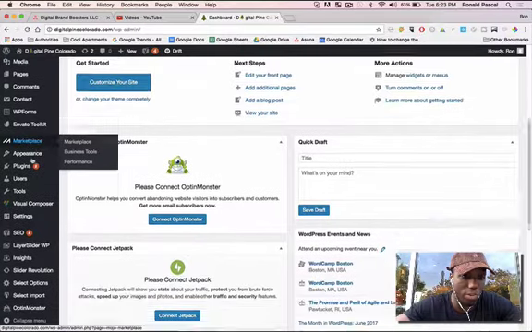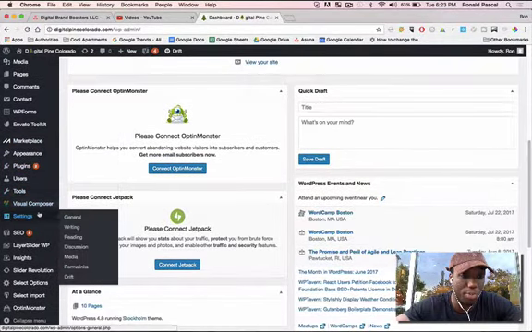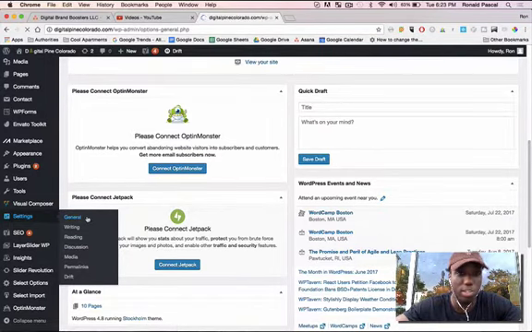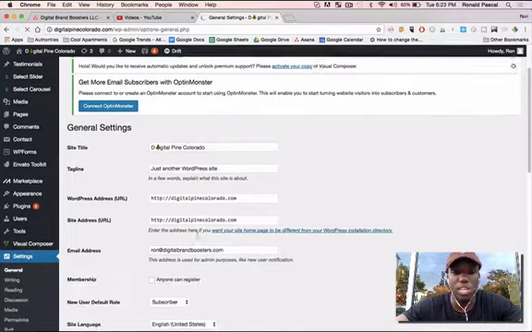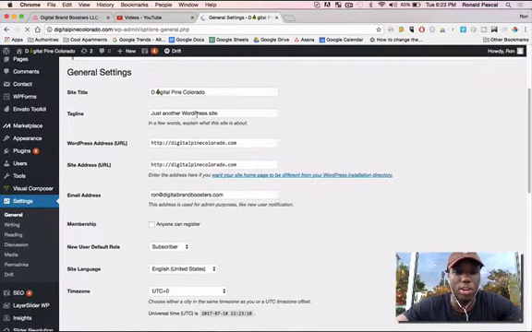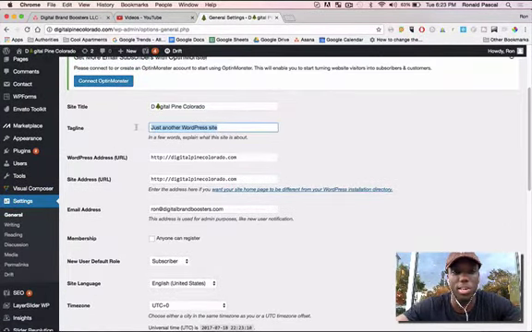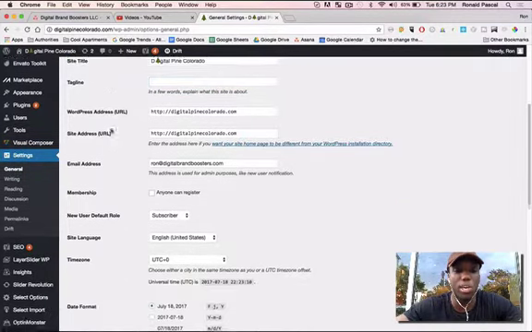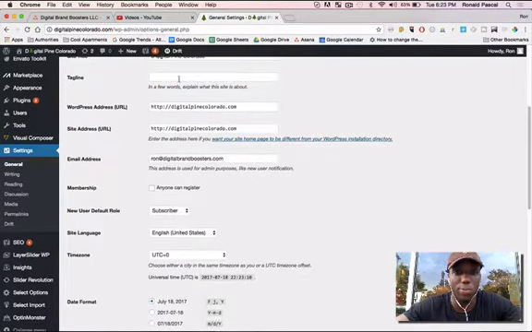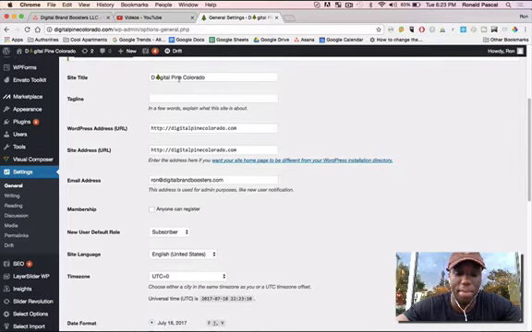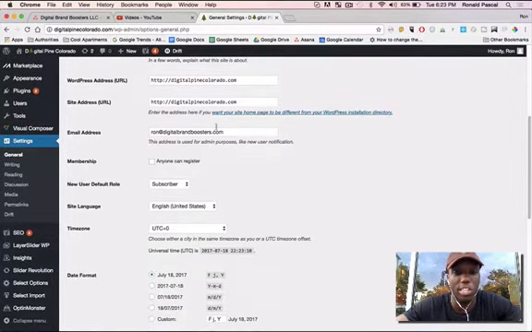I'm going to show you the settings. There's tools, but most importantly the settings. So I'm going to click settings. In settings, you'll see there's general, and different kinds of settings. Here's the tagline. I'm going to delete this because the plugin Yoast SEO overrides what's here, just so you know. But in basics, you'll see here's your URL, here's your email that you want everything to go to. I'm going to actually change this to